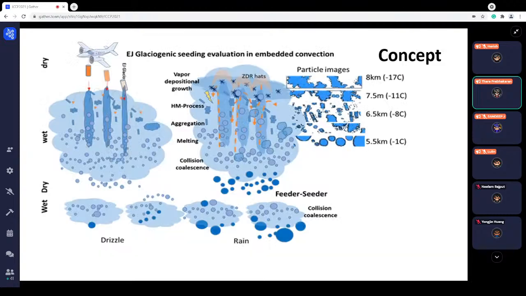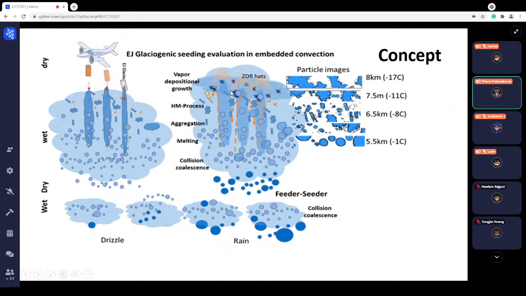So then from what has been found, a particular concept is made from whatever is seen. On the left you see the aircraft is indeed finding these convective elements in the stratiform cloud, and doing the ejectable seeding. And once the seeding material is released, and at this time the cloud is not yet raining, there are layer clouds, and after the seeding, actually we see some kind of